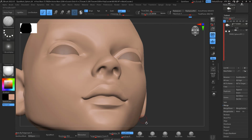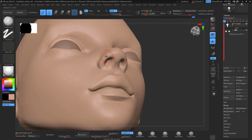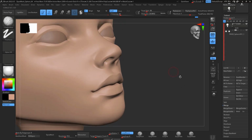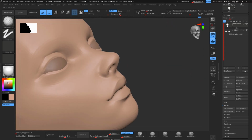Like, you know, PCB clay builder, because I just can't get it right, so I'm gonna give up. No, it's just like you in my videos, I never get everything right. I have to keep going, keep exploring the forms, keep changing, working on proportions. You never get the proper